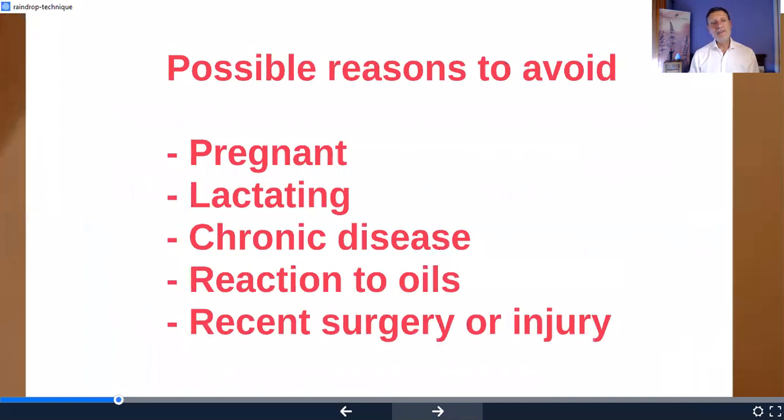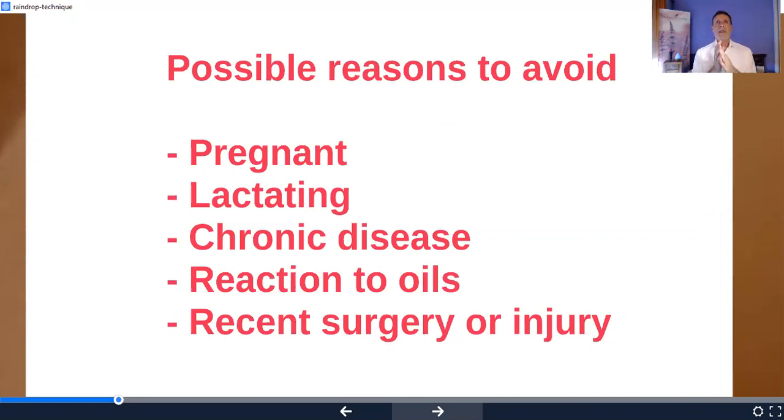So there are possible reasons to avoid this Raindrop technique, because these oils are pure and very, very specific. So pregnant women and lactating women. These are the two important cases to avoid this Raindrop technique. Till now, we have no specific contraindication, because there were no problems at all. It's always possible, okay? But in this case, where we don't know, we prefer not to do it, because